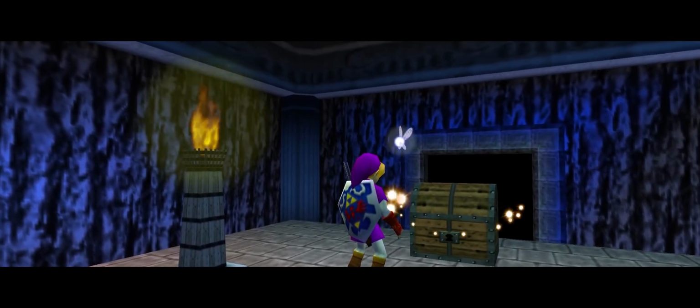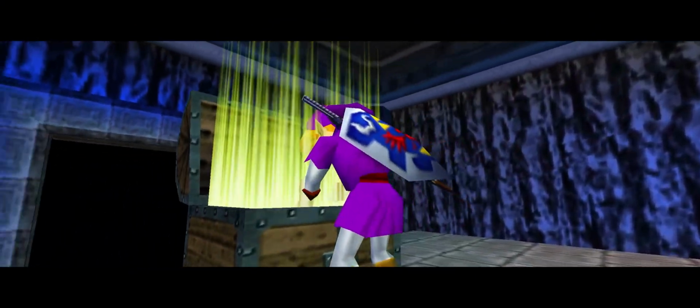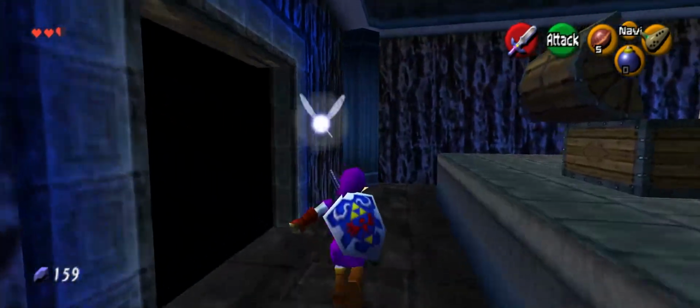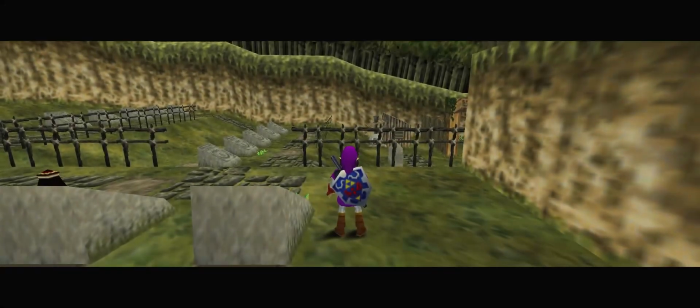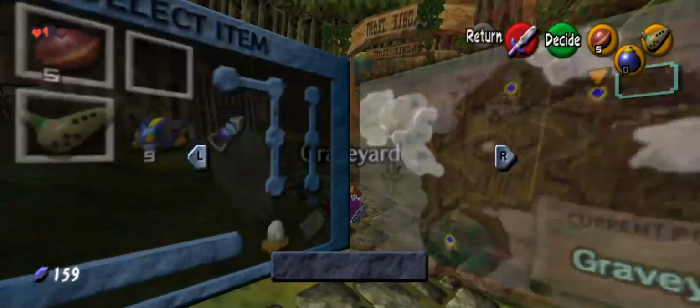Alright, real quick, because we don't have Song of Time, on the other side of that door there's Song of Time blocks that take us to the windmill. We don't have Song of Time, obviously, so the only way back is to either save and quit, or we could just warp here. Boom. There we go. And now, all we gotta do is...